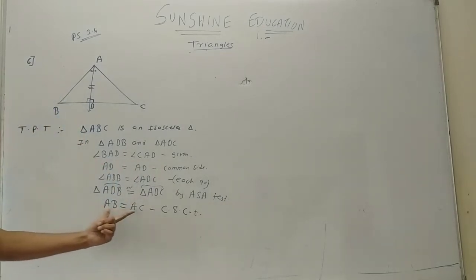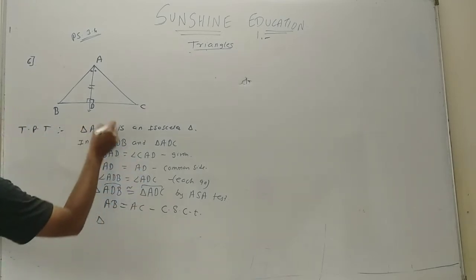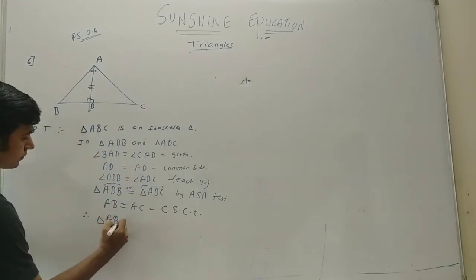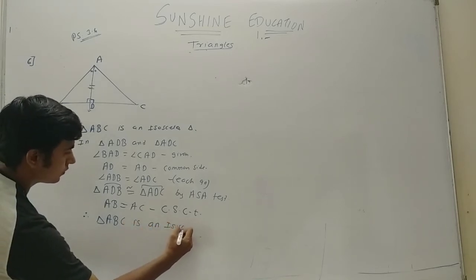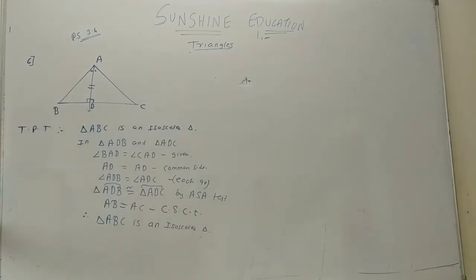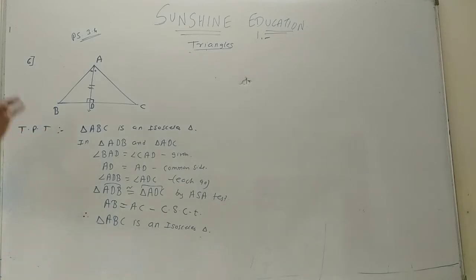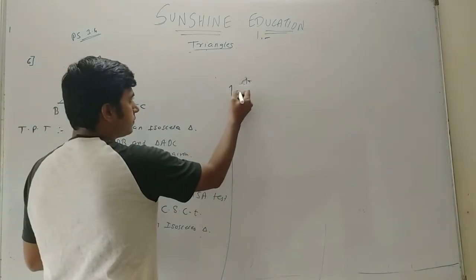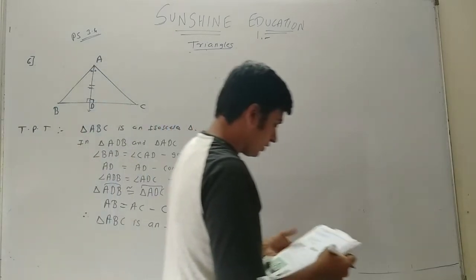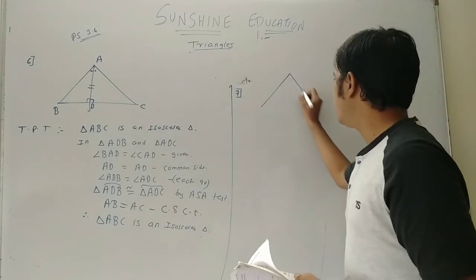And if two sides of the triangle are equal, then therefore you can say that triangle ABC is an isosceles triangle. I am just writing the short form. So I hope you understood it. Read the question properly and then draw the diagram. Now we'll move to the seventh one. In figure 3.50, I draw the figure. It is already given actually.